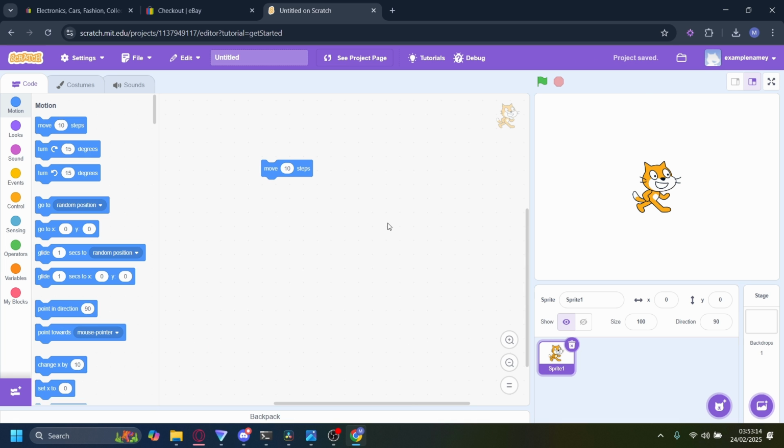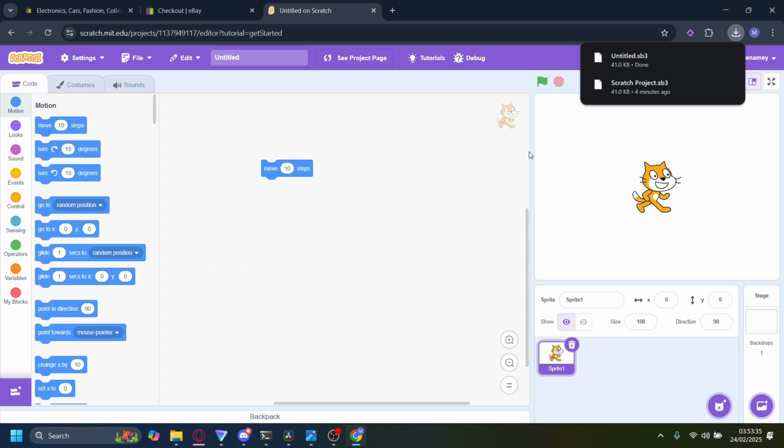If none of these works, then it's very likely that it's a problem from Scratch's side, right? So maybe their servers are having issues. So in that case, it'll be best just to wait it out. Just wait a couple of minutes, maybe a couple of hours even, and then come back to this and try to save again. But in the meanwhile, you can also just click on Save to your computer just to make sure everything is